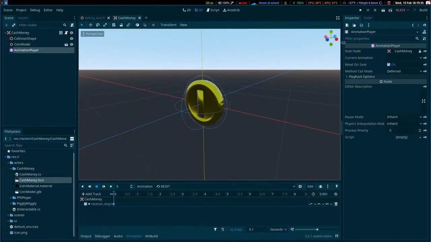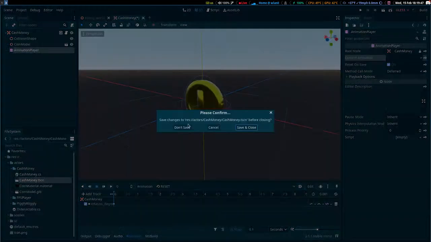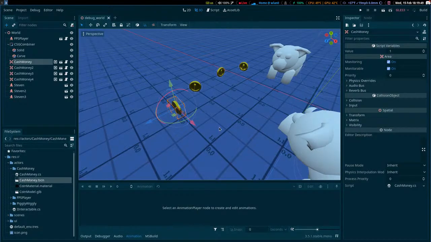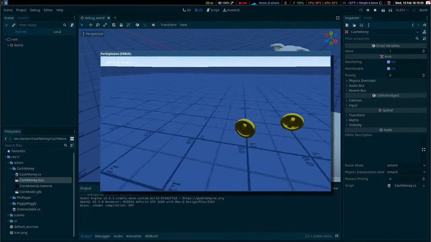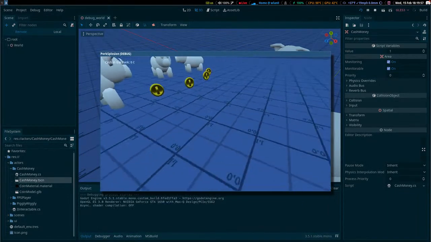Animation player, if I click on, there, that's just a preview. That's annoying. It shows up as something changed when nothing changed. But now if I play it,